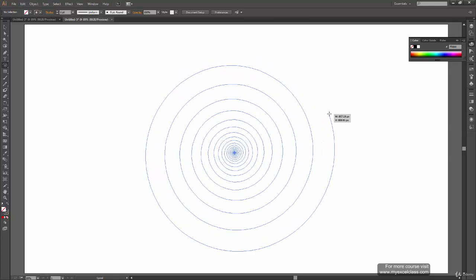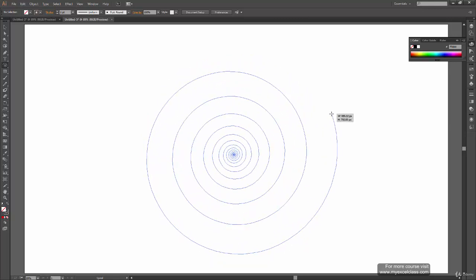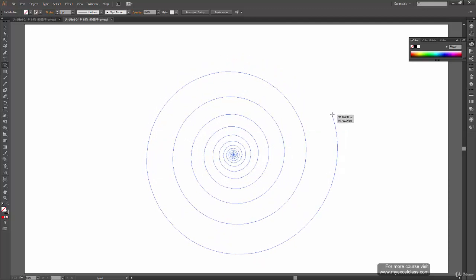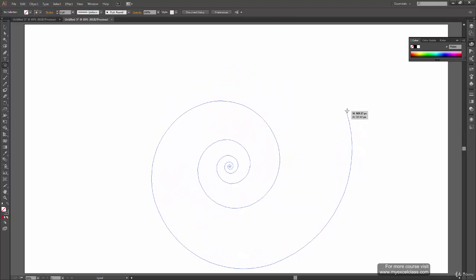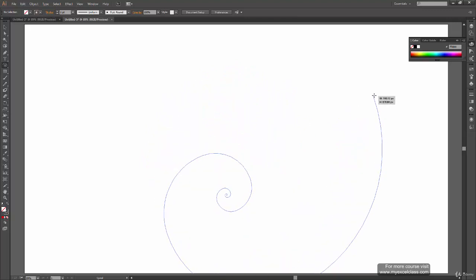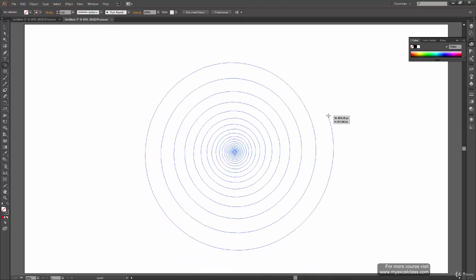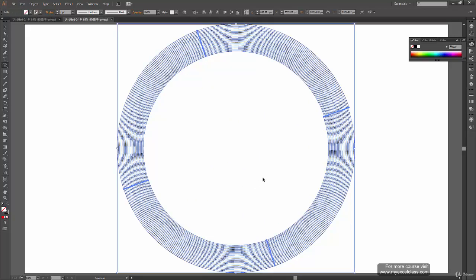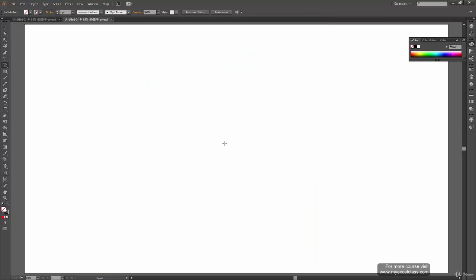it brings. So it is clear that control actually controls the decay of your spiral. When you move your mouse outwards, it decreases the value of the decay, and when you move your mouse inwards, it increases the value of the decay. You can release it to this point, and alright, we have gone into negative values, so let's try it again. Now since we have gone into negative values, we are getting this kind of problem.